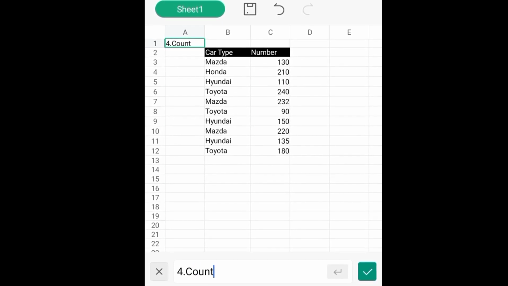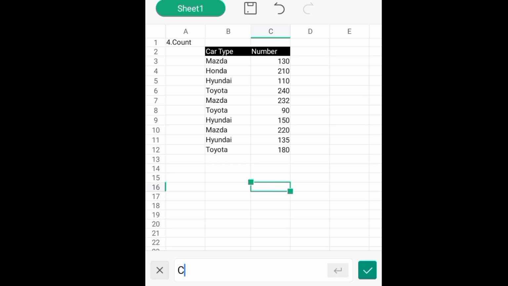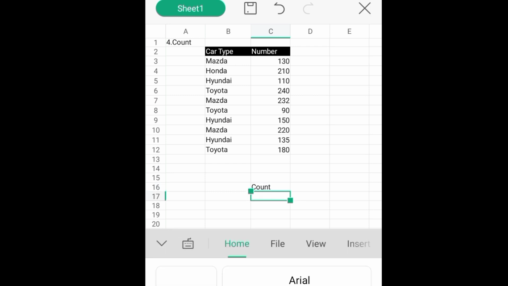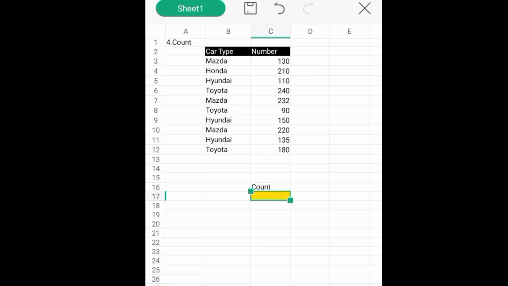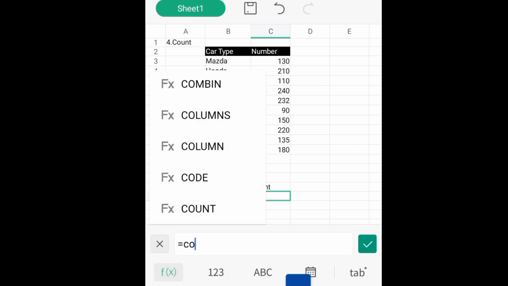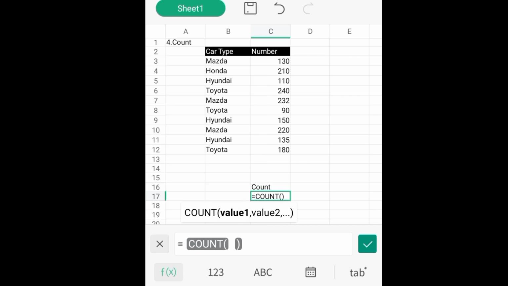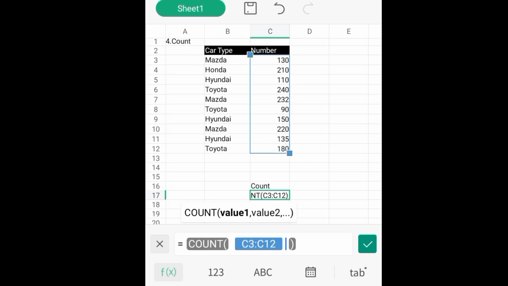Let's find out how many cells we have in number. Answer, and the answer